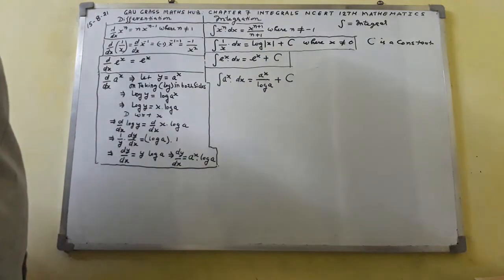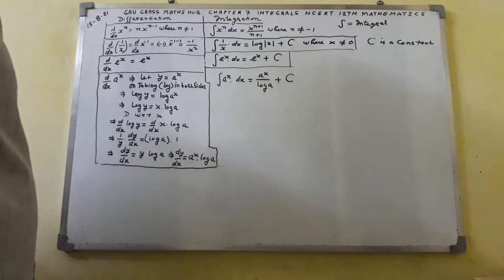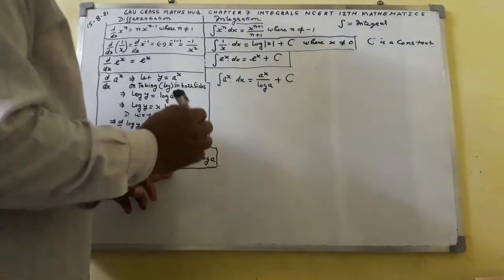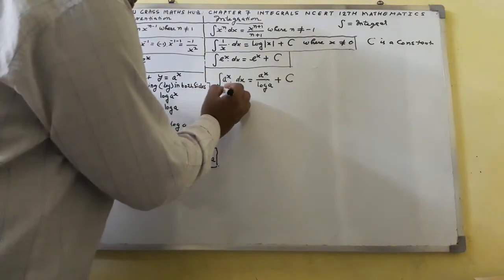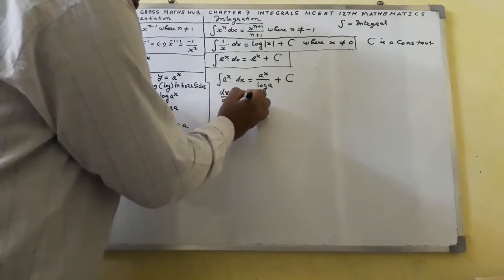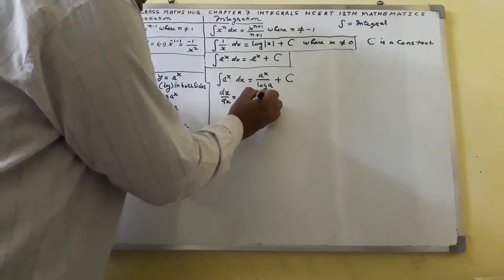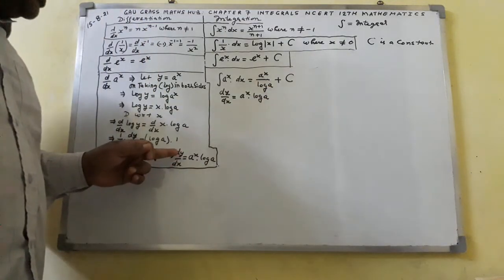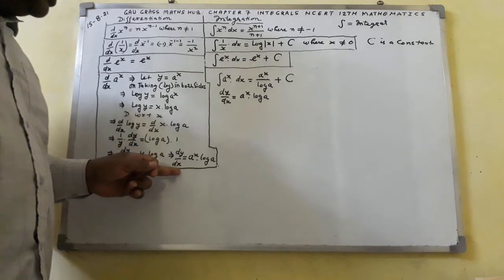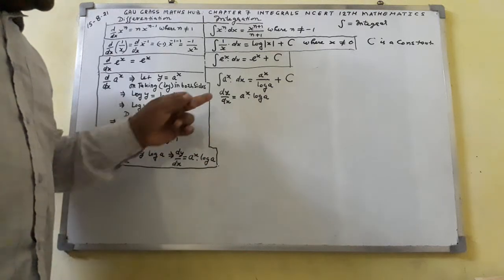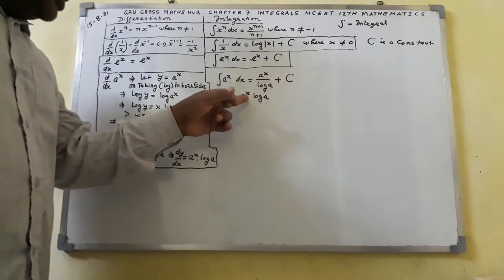This is also one kind of formula, remember this. Now I shall prove this formula, how it will be derived. From this place, we know that dy over dx equals e raised to the power x dot log a. From where have we got this? From this place: here you can see dy over dx equals a raised to the power x dot log a.